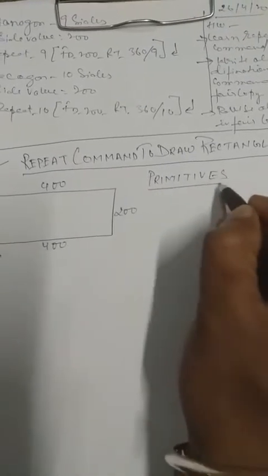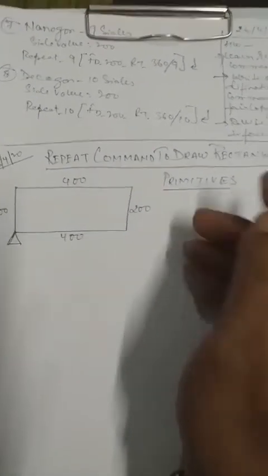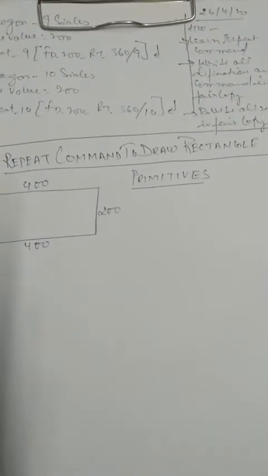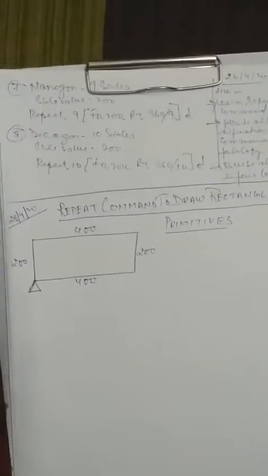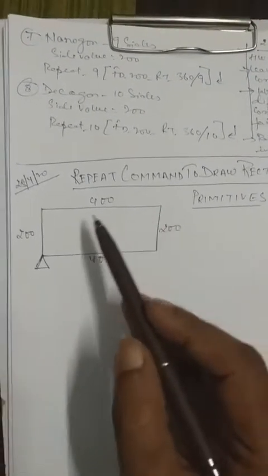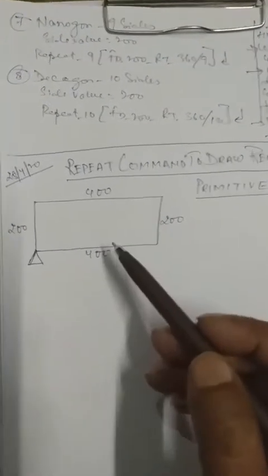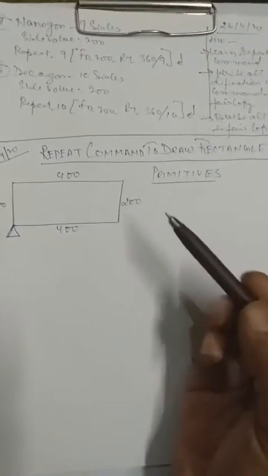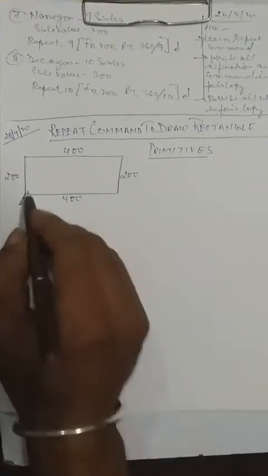We will use Logo primitives, the commands, to understand which command we are repeating here and how many times we are repeating it. So my dear children, first of all, you must understand that in a rectangle, 2 opposite sides are equal. So we will see the primitives and we will come to know which command we repeat, and how many times. First of all, you can see here is your turtle.